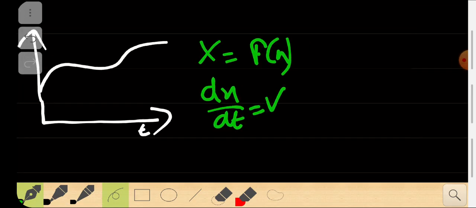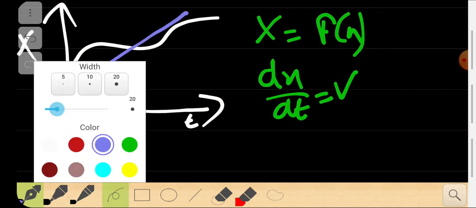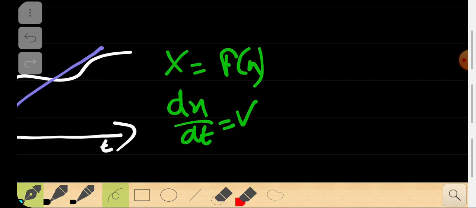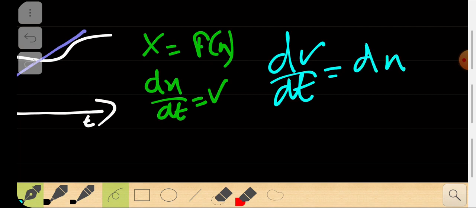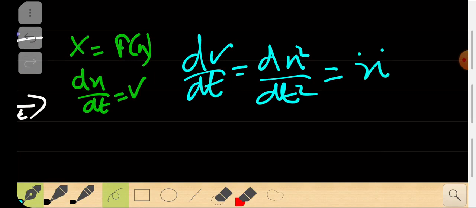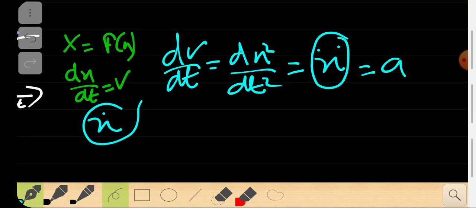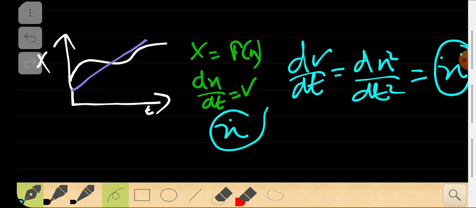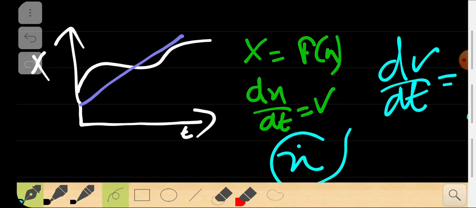And again you can differentiate the velocity. You get a curve for the velocity time graph like this, and you can again differentiate the velocity and get dv by dt, which you can write as d squared x by dt squared, or simply in notation form, x double dot. So velocity is x single dot, which is dx by dt, and acceleration is x double dot. This is called acceleration. So that's the easiest way of representing what we have learned so far.